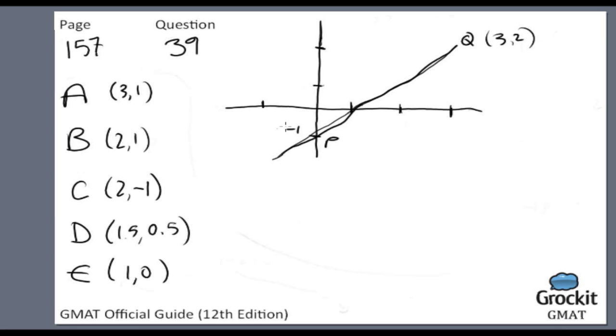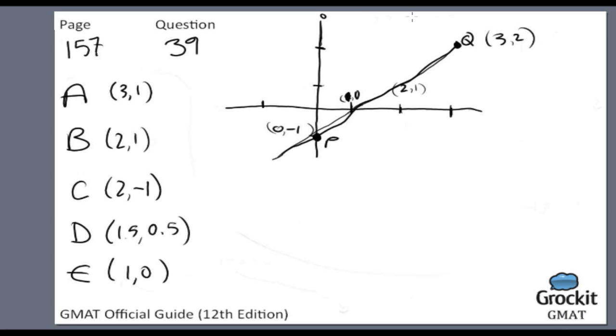So we can tell basically that the line passes through, this is actually 0, comma, negative 1. This is the point 1, 0. I do know how to do this. This is 2, 1, 3, 2. So the line has a slope of 1. For every 1 it goes over, it goes up 1. Fairly straightforward. We also know that the distance from P to Q is 3 units because it goes from 0